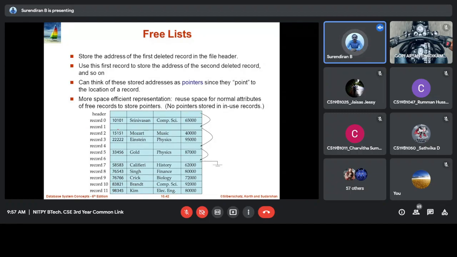If any records are deleted, let's say record 1, record 4, and record 6 are deleted, this is the free list. The free list will be the header, which points to the next free list entry. Like this, it will point to the next one, until the end of the free list. This way they use pointers to store the addresses, and they maintain the free spaces in these records. This is one way of avoiding compacting and all those things.